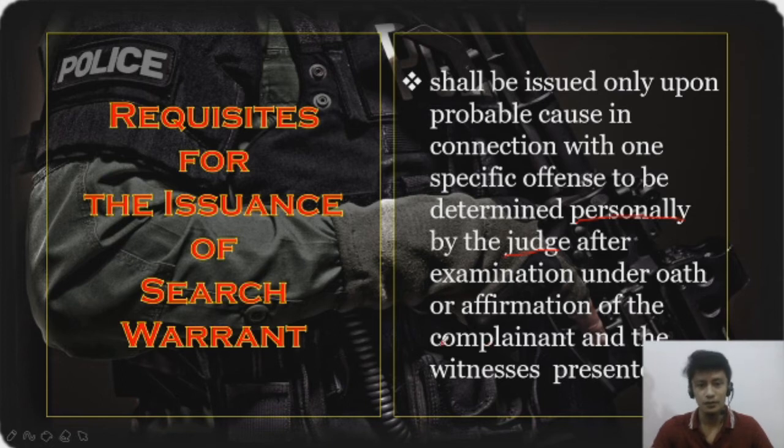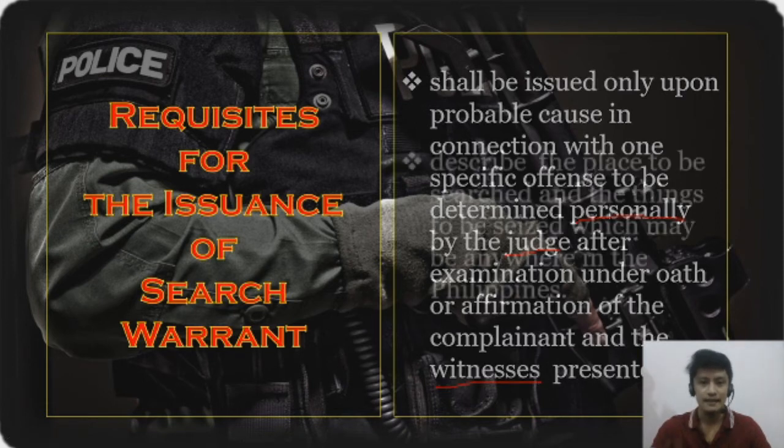Okay, and then ano yung magiging basis niya? Okay, yung evidences na present or yung report na present ng maybe the police officer who is applying for the warrant or search warrant. Okay, and then maybe the witnesses that he can present. So with that,